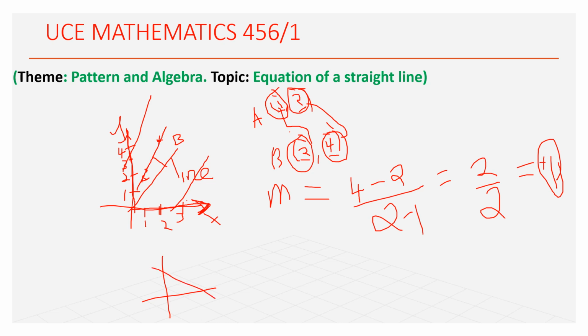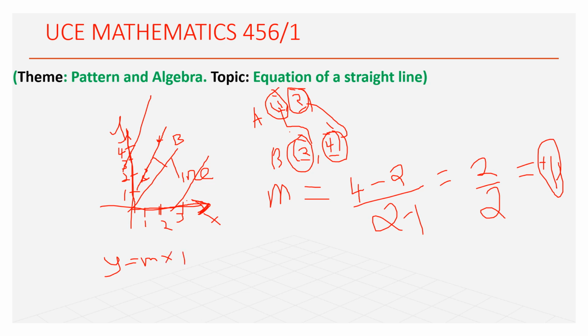Then the opposite is inverse proportion. It can start from there, it can be on the negative, it can be anywhere. So basically the significance of the gradient should be observed very well. Now if you are to get the equation as well, still that is a walkover. We agreed y is equal to mx plus